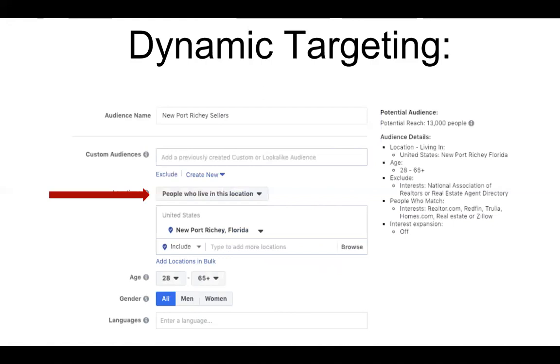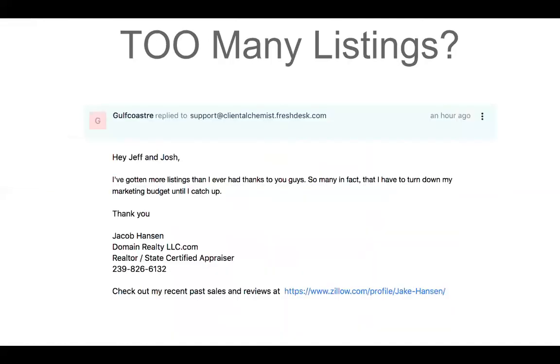Now, there are some absolutes in the way that we do the targeting and the way that we create the ads and so forth, but specifically the type of client that you want to do business with, that is where you have control. You get to choose, and that can be a really powerful thing. One of the invisible benefits of doing business this way and building a predictable, scalable business and getting to the point where you're like Jacob, where you have more listings than you know what to do with, is you get to choose who you do business with, right? And you can say no to potential clients that you know aren't a good fit.